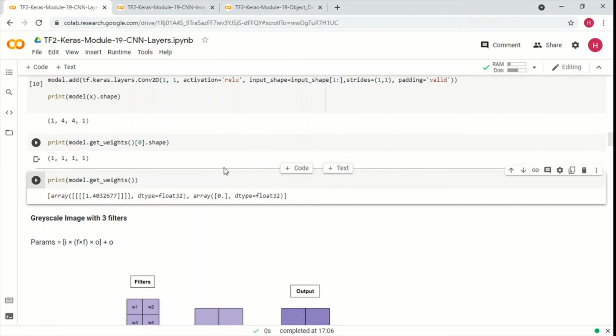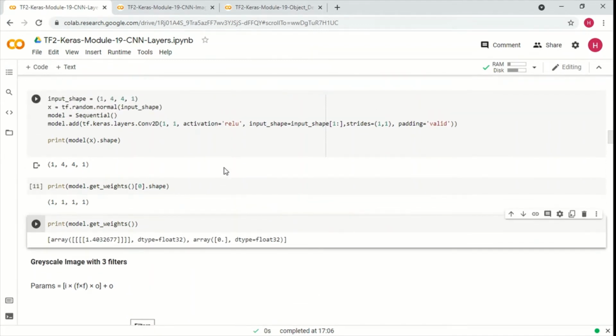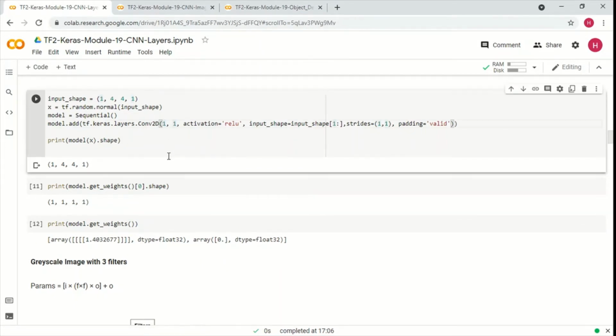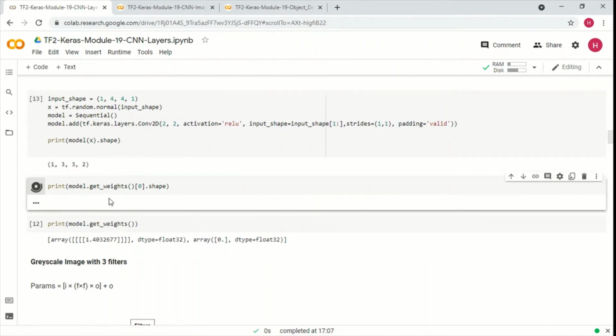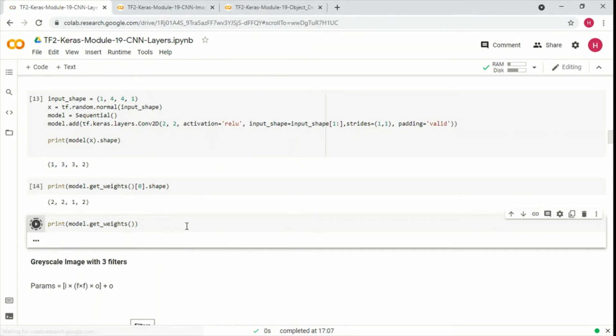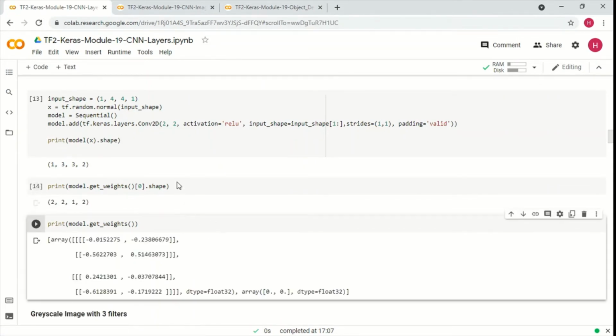Now as usual, if I change this to something like 2 filters, and say for example the size of the filter as 2, then let's see how things are going to change. So this is the shape of the weights, and let's see what we get here, right?